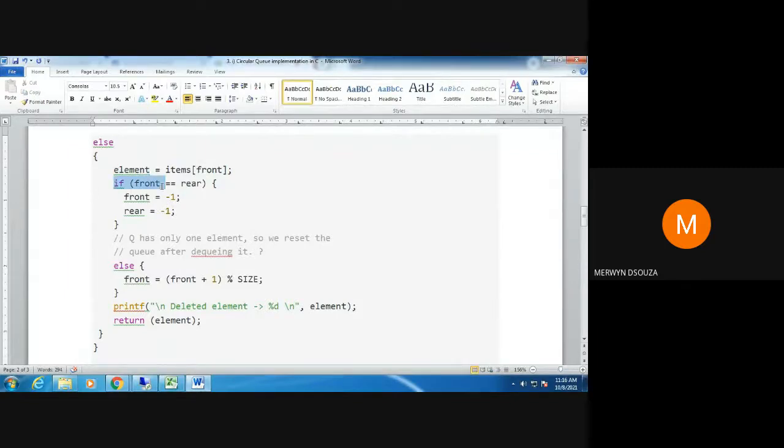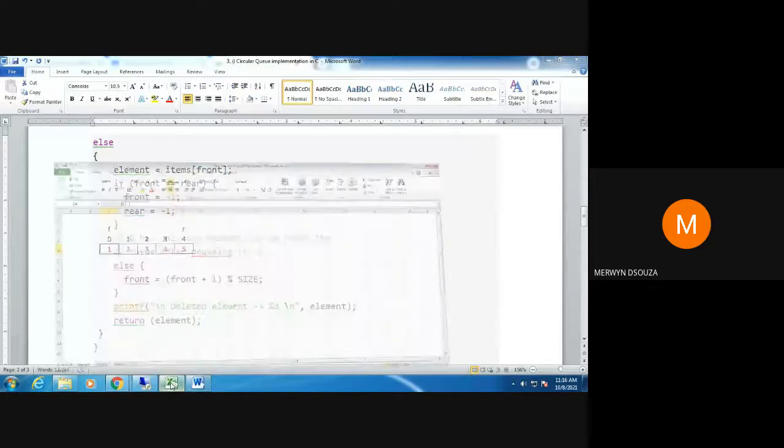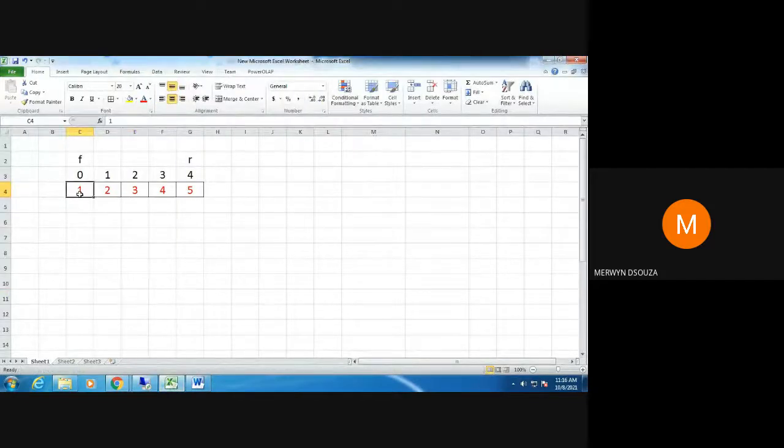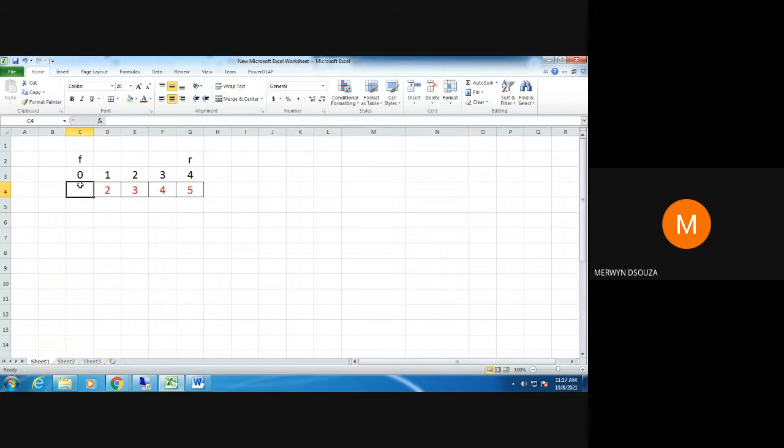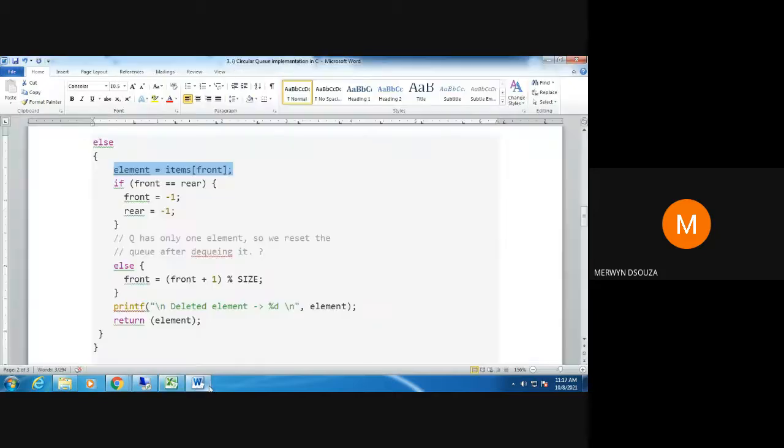And then once I've done that, like I told you, remember, when I delete, actually this 1 remains because it's an array. Actually the value remains in that. But for your understanding, to understand it better, I remove it from this diagram. But actually it is not gone anywhere. Just remember what I told you. Due to this line here, the value 1 from this array is stored in the element. Visually, I'm just removing it from here to show that it has been removed from the queue, but in reality, it will be there in the array. It does not go anywhere.